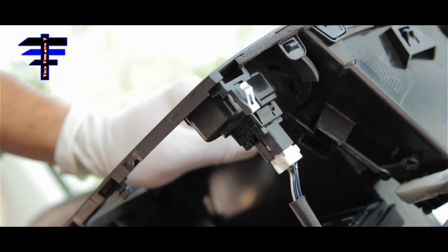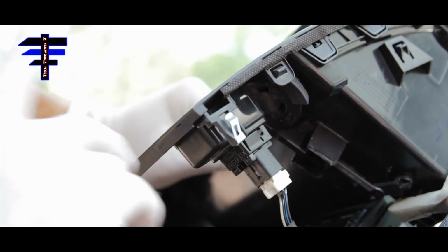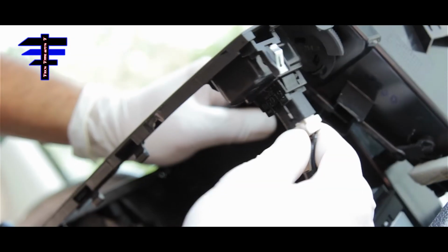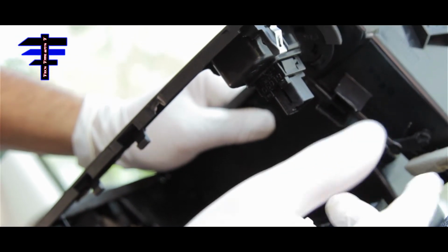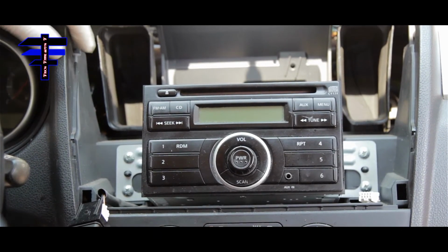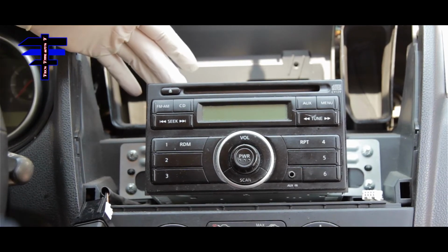On the right side, you actually have a wire harness for the emergency button. It's right here. Just push the trigger clip and then pull out the wire harness. So simple. Yeah, once you have the front panel off, here's the radio itself, the factory radio, and it's